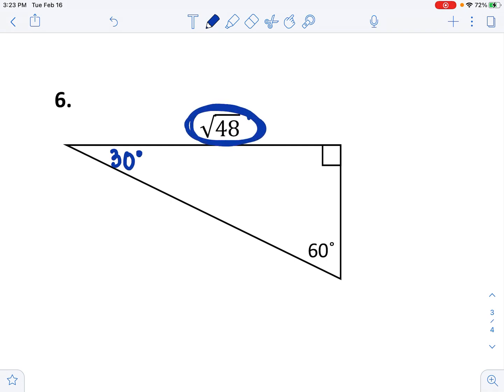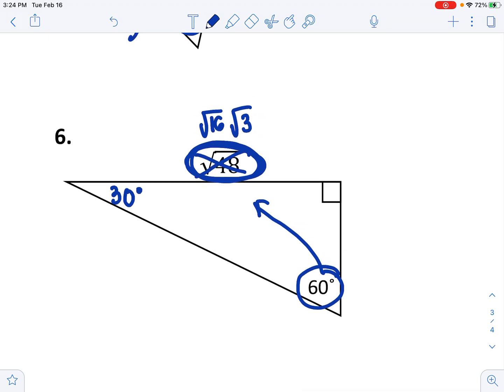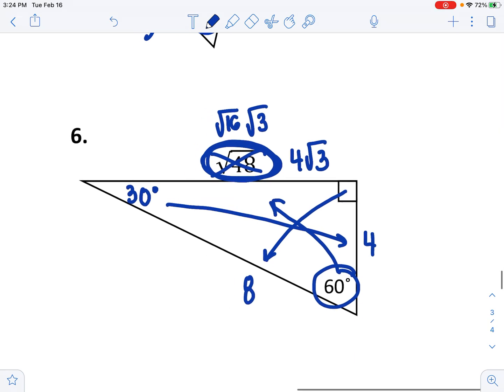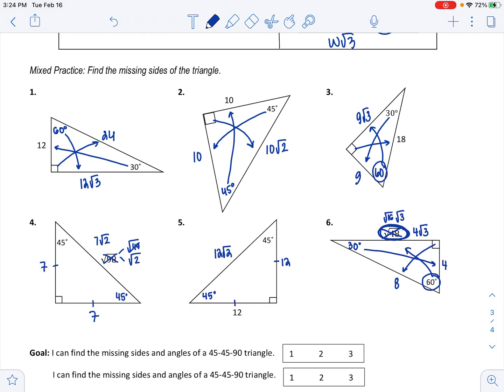Last one, this is 60, 30, 90. All right, once again, this root 48 is not very helpful. I know it's across from my 60, so I want it to be a root 3 side. So I can say, okay, what perfect square goes in there 3 times? 16 goes in there 3 times. So this I can cross off and change to 4 root 3. All right, so that side is 4 root 3. That means across from my 30, my small side is 4, and across from my 90, which is my